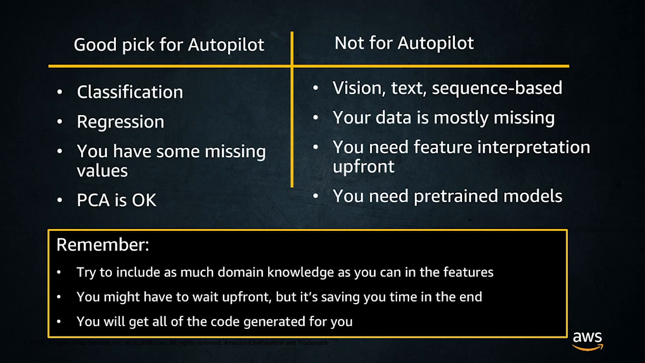If you need feature interpretation up front, let me be clear, there are ways to map your featurized data back to your training data. But if you want this immediately, out of the box, then you might want to just go straight to training XGBoost or training Linear Learner, and then tracking some of those feature transformation strategies yourself. I say this because, again, you can do it, but it is a little bit challenging. So if you need that feature interpretation up front, I definitely recommend just going straight to one of the built-in